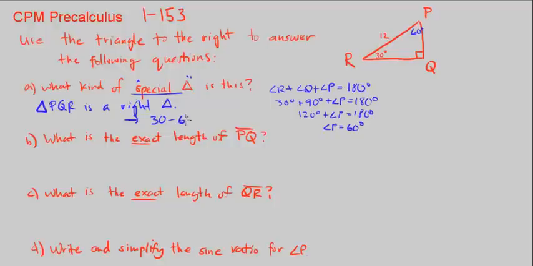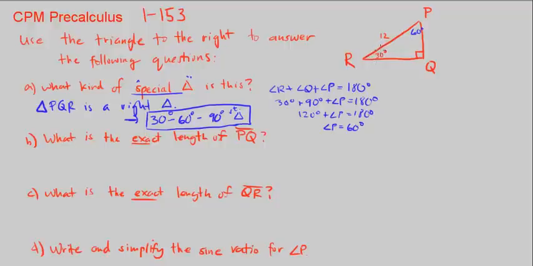A 30, 60, 90 degree right triangle. So this is the special type of triangle, a 30, 60, 90 triangle. And I can even say right triangle. Alright, so what is the exact length of PQ? So PQ is this side over here. Since it's a right triangle, I can use